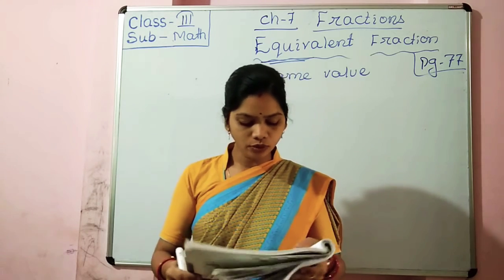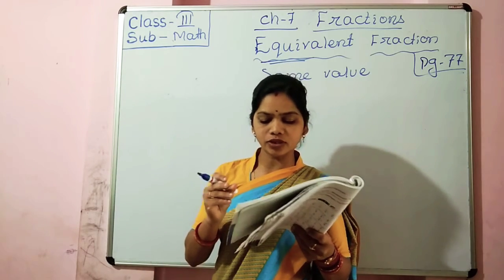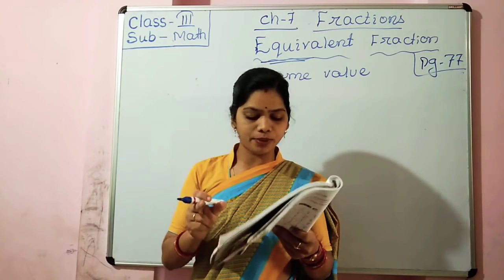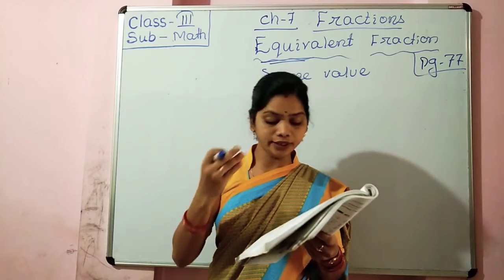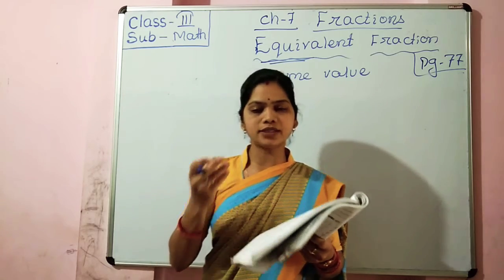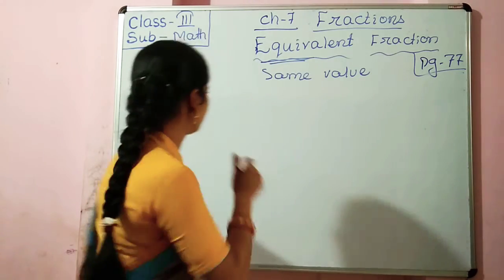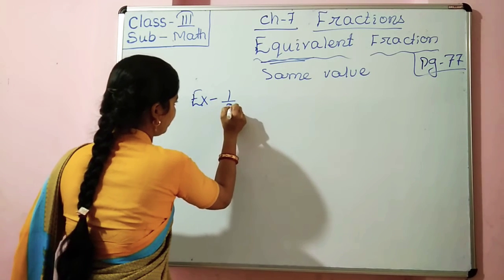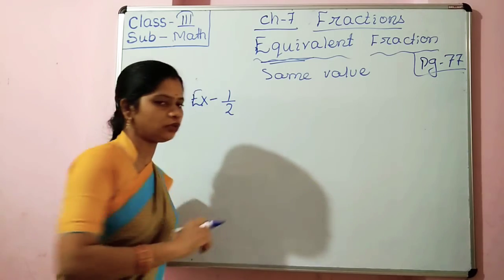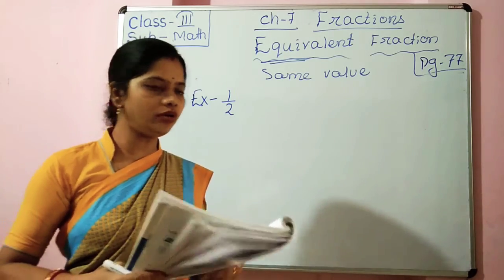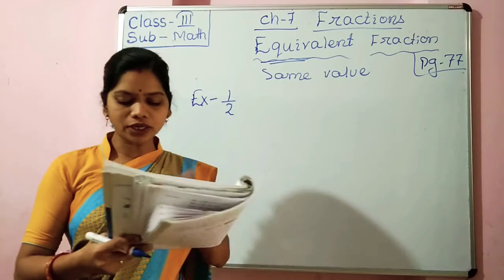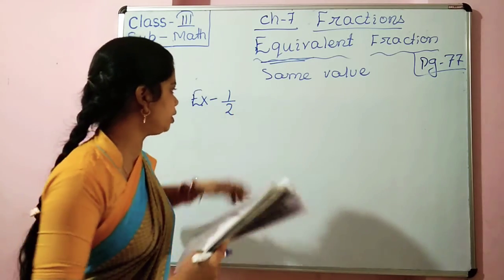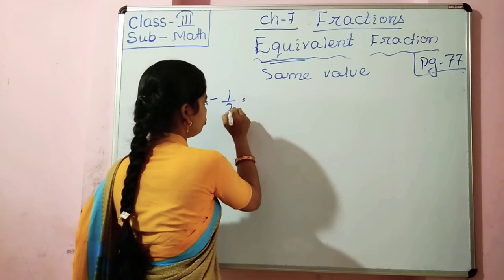चलो, how to arrive at the equivalent fraction? Just multiply the same number to both the numerator and the denominator. देखो, let's see an example. Find out the equivalent fraction of 1 by 2. Okay, all of you know, we multiply the same number by the numerator and denominator. Here the fraction is 1 by 2.